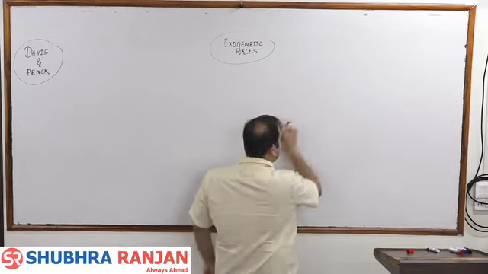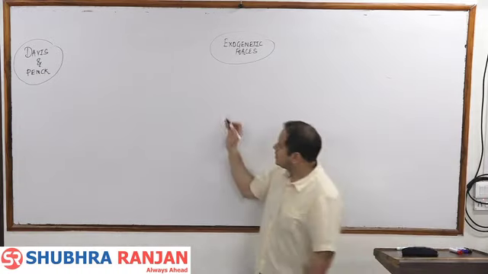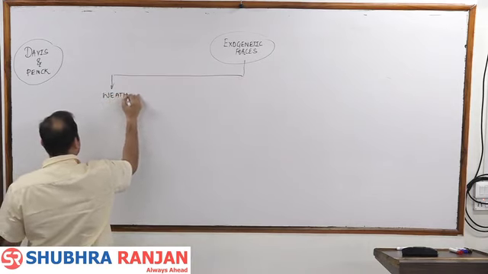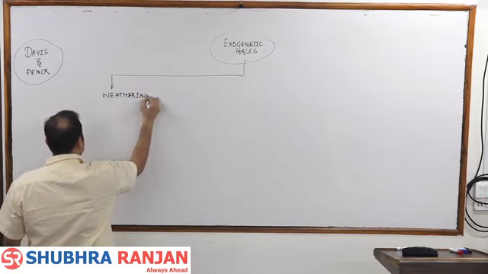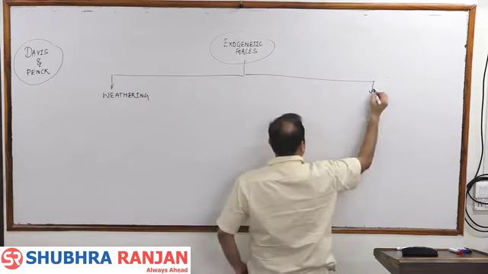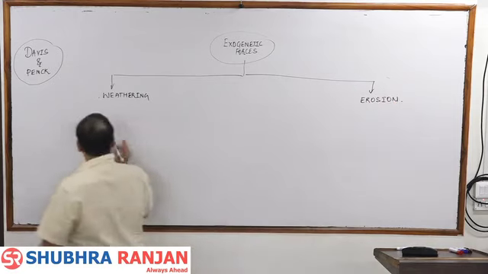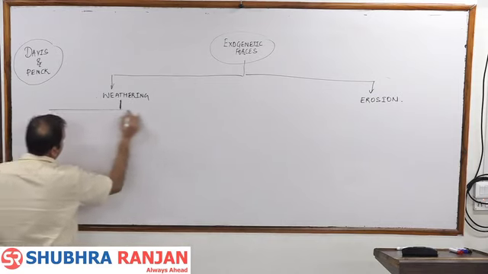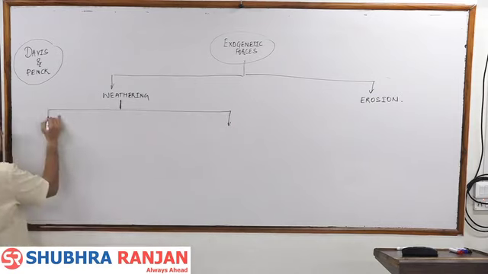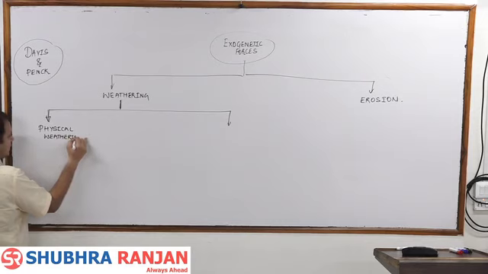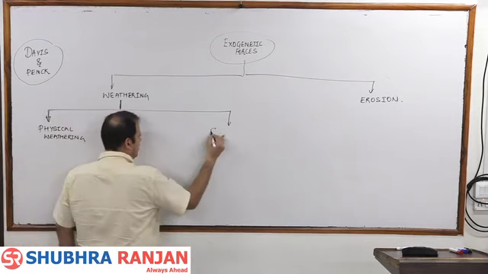So when we do the external forces, we do these external forces in the terms of weathering and in the terms of erosion. When we say the weathering, it is of 2 types, and basically we'll call this as 3 types. One is physical weathering, one is chemical weathering,